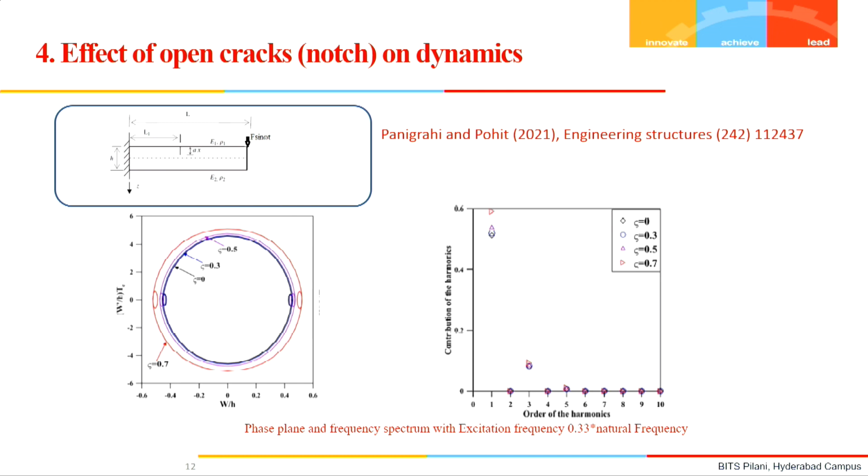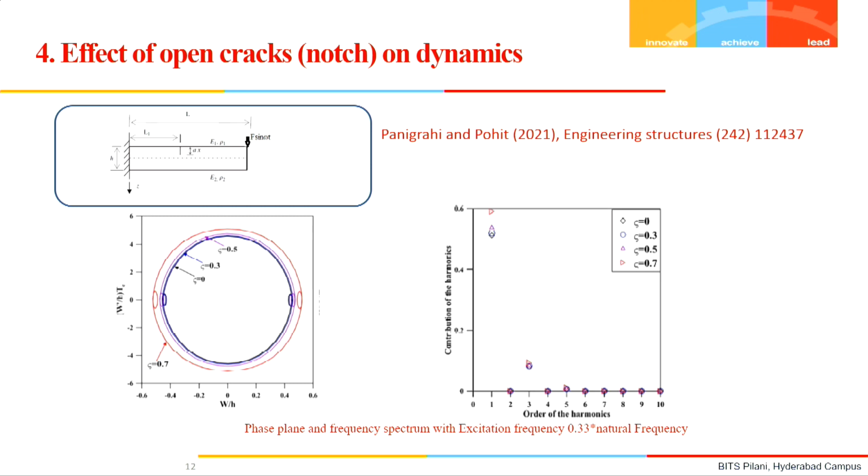However, for the second, third, and fourth order harmonics, there is a slight response contribution of the third order harmonic here, but this response is almost the same for all the crack depths. However, if for the same structure we change the excitation pattern, because random vibrations, random excitations, can come in any nature,